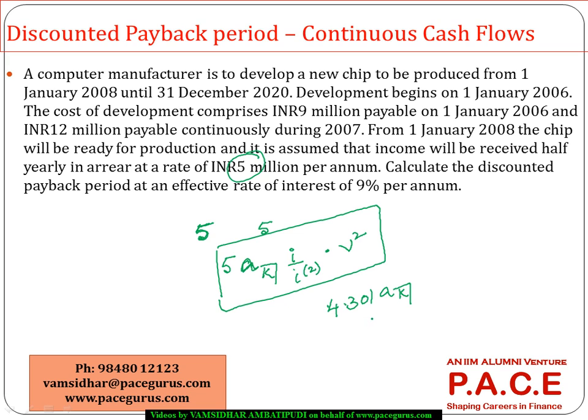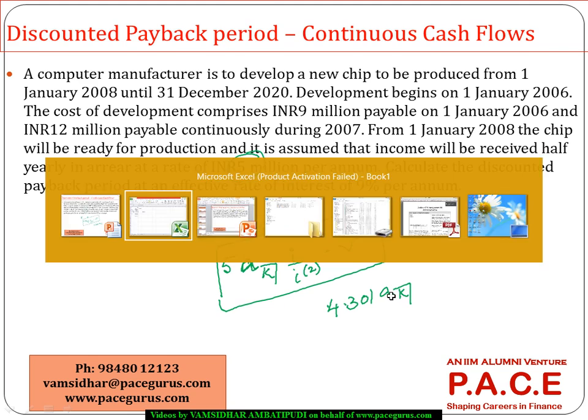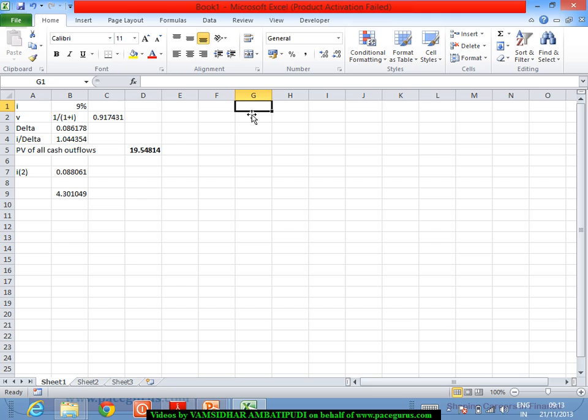So depending on what is the value of K, probably what I'll do, if K equal to 0.5 or probably K equal to 1, we can proceed. Because AK, if I am looking at actuarial tables, I would be getting only for integer values. So probably I'll take it as A1, because we should be able to do it either using actuarial tables or from this. So A1 is nothing but I can use the PV formula at the rate of 9%